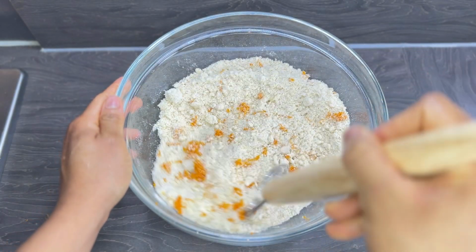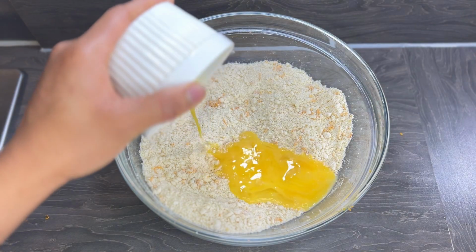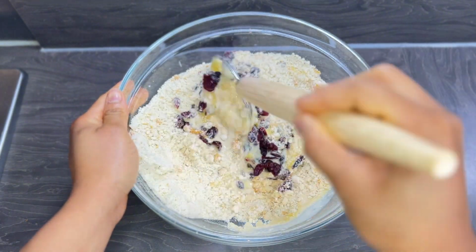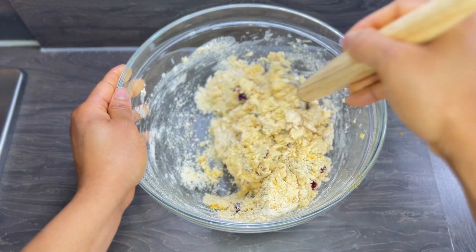in with one orange zest. So we'll mix that in and then go in with the rest of the ingredients. So we're going to beat one very cold egg, add that in, and also add in some evaporated milk. The milk also should be very cold, and then we'll go in with the cranberries and then we'll mix this